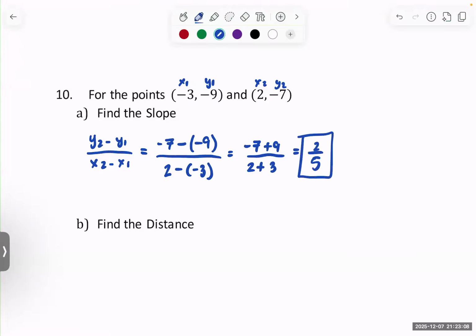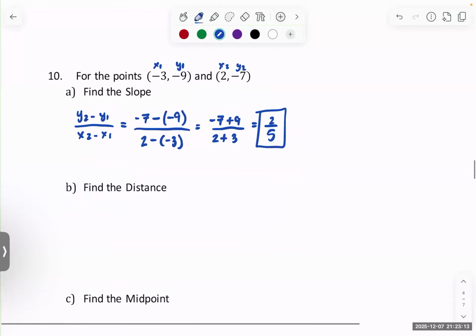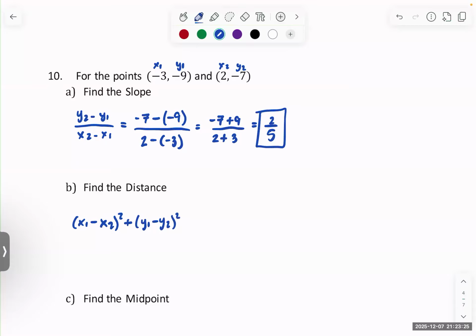That's your slope. Find the distance. So the distance is the square root of (x1 minus x2) squared plus (y1 minus y2) squared. That's the distance formula. So we're going to do